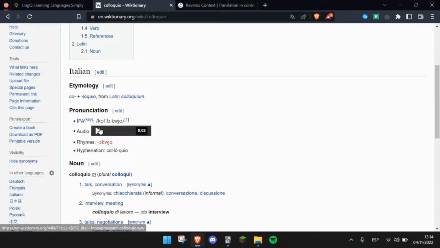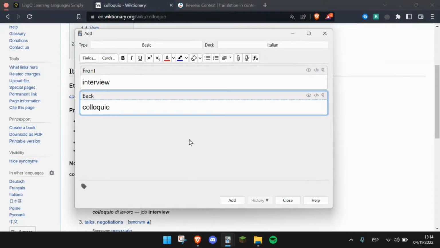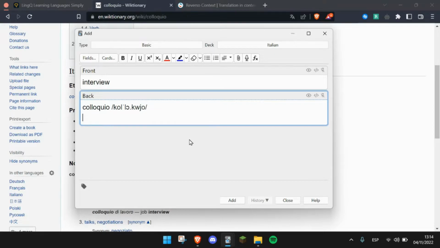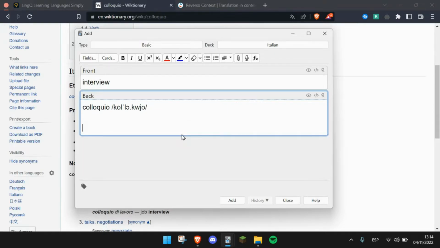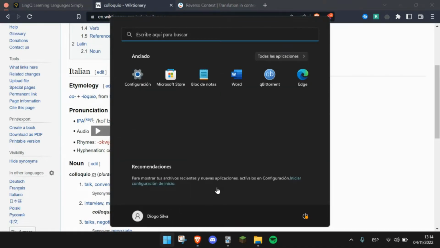What I also like to do is to add the IPA pronunciation. If you do not know how to read the IPA, of course, do not add it. But I would really recommend that you start seeing how it is and that you learn some letters and stuff because it is incredibly useful at the time of learning another language. So now I pasted it here. Also, what I like to do is to add the pronunciation from a native speaker, especially if I'm a beginner at the language and I don't know yet how to read well.